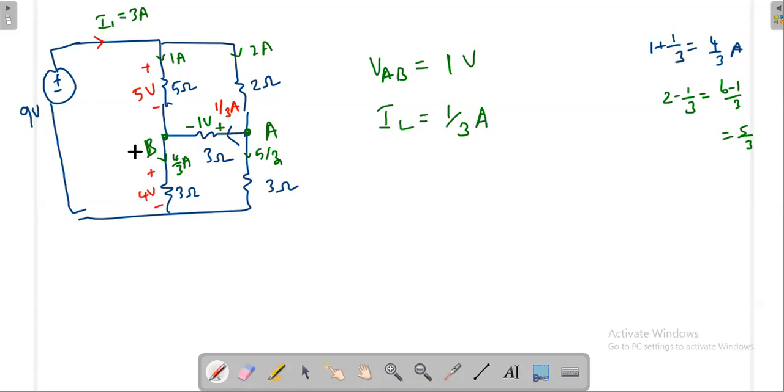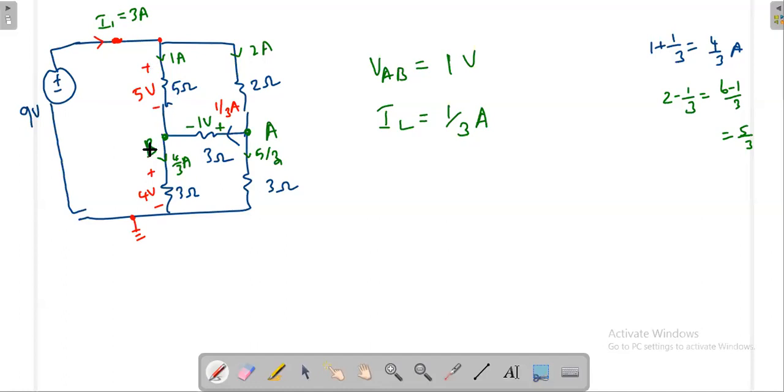Now, whether you like it or not, this 9 volt battery is exactly in parallel with this one. That means if you measure the voltage of this terminal with respect to ground, either this way, that is 9 volt, or this way, that is also 9 volt, because 5 plus 4 is 9 volt. But it is not the direct voltage division.